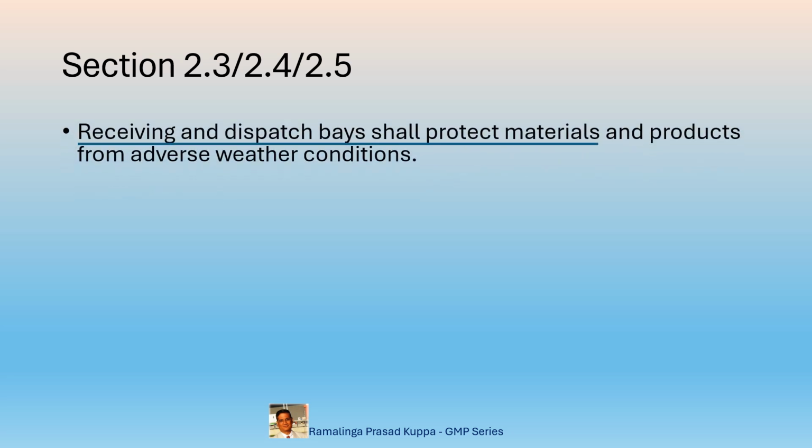Subsections 2.3, 2.4 and 2.5. Receiving and dispatch bays shall protect materials and products from adverse weather conditions. This point should be understood: there should be adequate shaded protection at the material receiving and dispatch bay to ensure that the materials are not exposed and contaminated by any adverse atmospheric conditions like rain. This is the prescription of subsection 2.3,